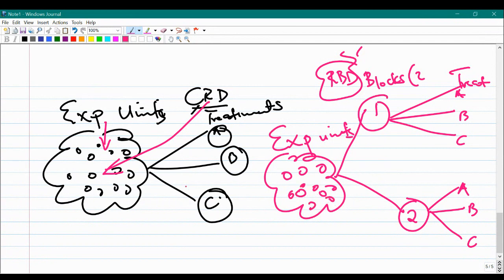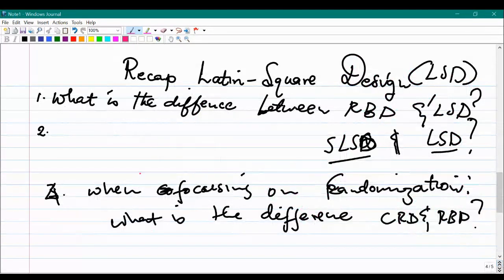So I said for CRD, randomization is done from the experimental unit. Because let's check my question. My question is saying, when focusing on the randomization, what is the difference between CRD and randomized block design? Your comment must be based on randomization. So